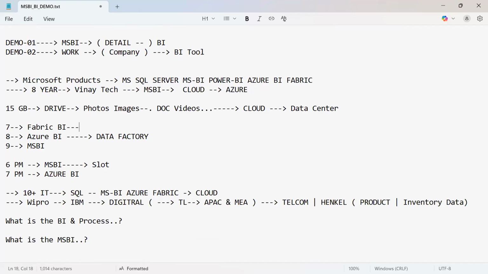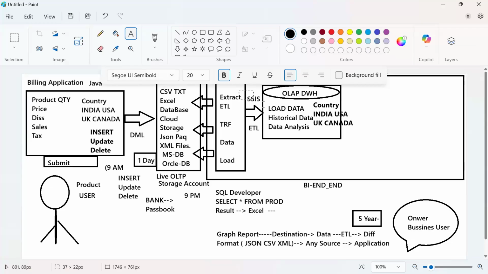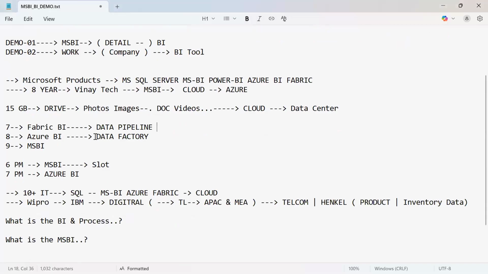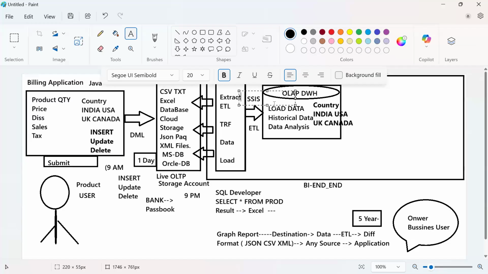And in this one, Fabric Data Pipeline, it is very easy when you know this concept. In the next coming 8 to 10 years, if they ask you to work on Data Factory also, it is very easy. When you work on Fabric data pipelines, it is very easy when you know SSIS, the foundation for those courses is SSIS.